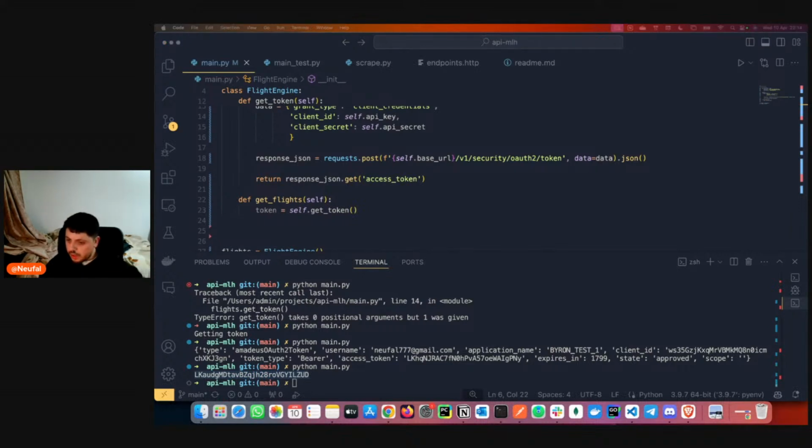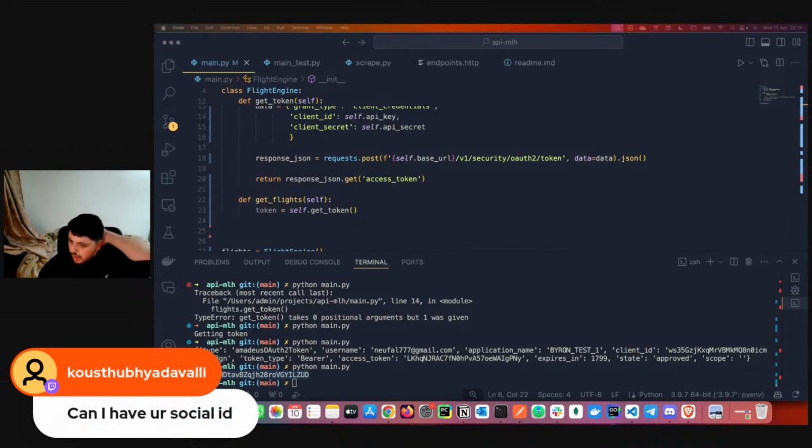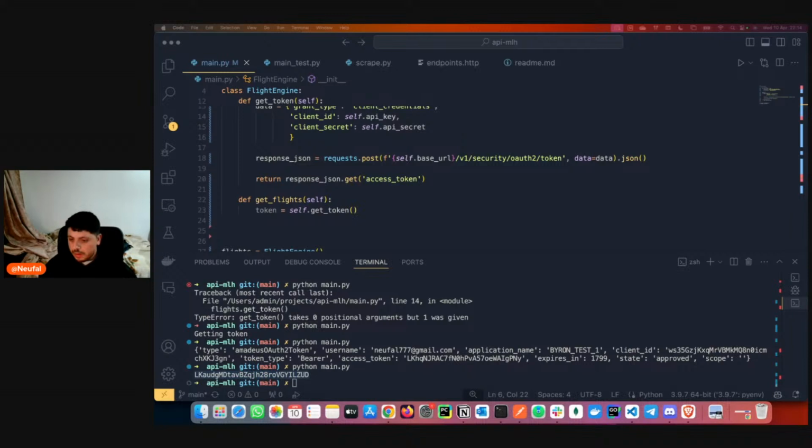Okay, let me see if there's any question here. Can I have your GitHub? I don't know if you can have my GitHub. So if you want to see what is going on, what I'm posting, or if you have any question or want to check the code, because I'll be uploading the code to the GitHub repo.